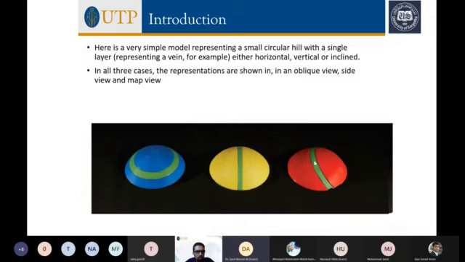And here we have an inclined layer that is cutting the rock. This view is an oblique view.